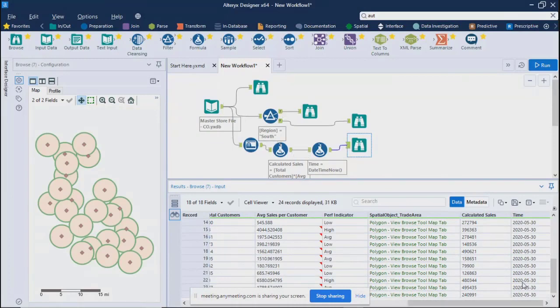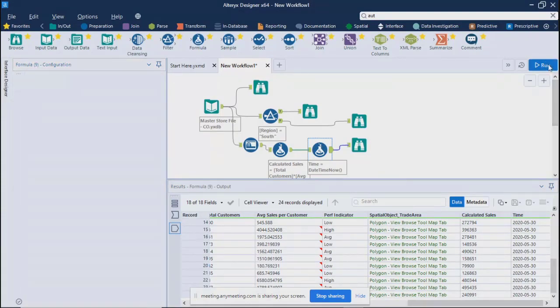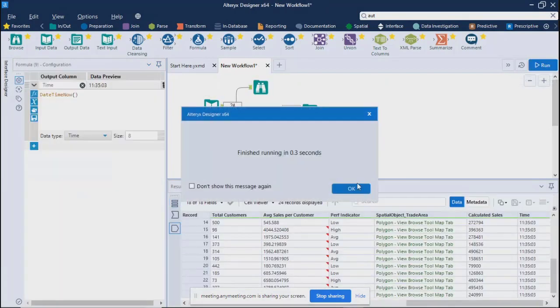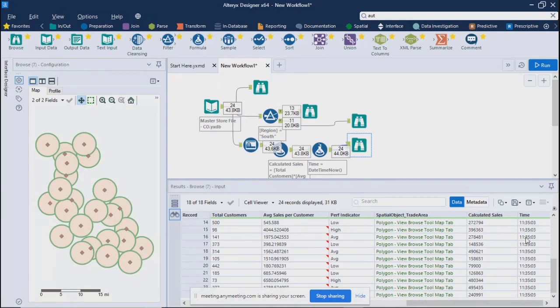Or let's see if we have only time. I don't think there would be. Okay, we have time. So this is the place wherein you can get the exact time when you ran it on a day.